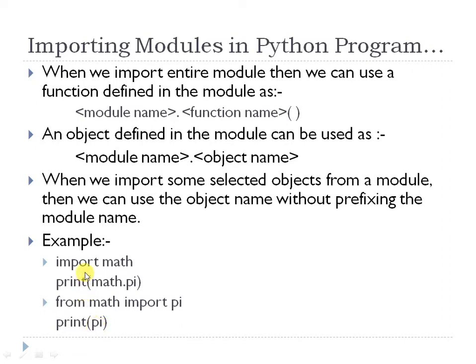But if you are importing using the first method, import math, now all the objects have been imported. So to point to a particular object, you have to name the module first, then put the dot operator to go inside the module and then the name of the object. But if you have used from math import pi, then only this pi constant will be part of your program. So to access this value directly, you do not have to use the name of the module and dot operator. Just use the name of the object directly. Clear? I think the difference is clear to you. Great.